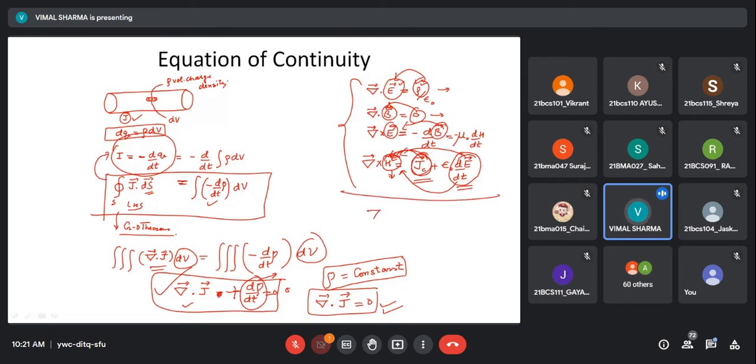Okay, so one more, and this is not part of this, but we have one more relation, in case of steady state current flowing, inward is equal to outward. Then we say that this is our equation of continuity. Okay, so